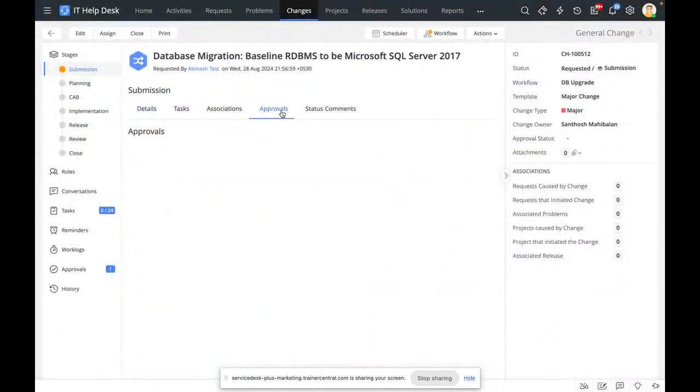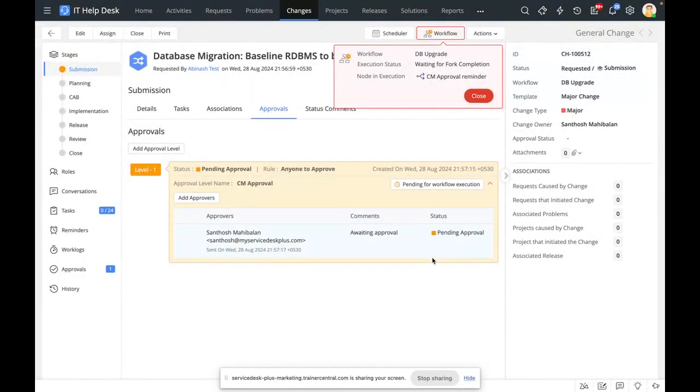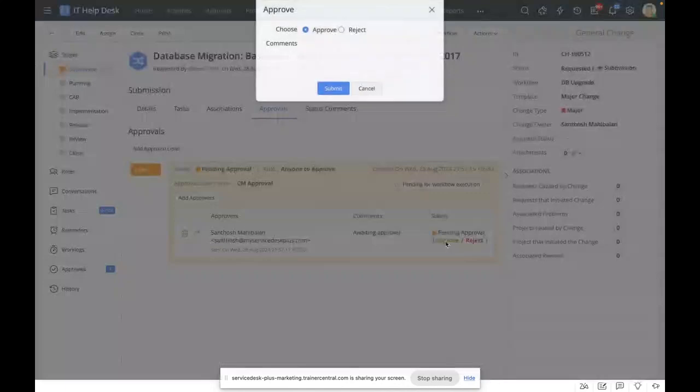Now, I'll give the approval over here. You have a separate tab for approvals, and when I click on approve and submit it, it would automatically move to the planning stage, and it would kick in the next set of automated actions, right? It'll take a few seconds over here. Now, once it's approved,